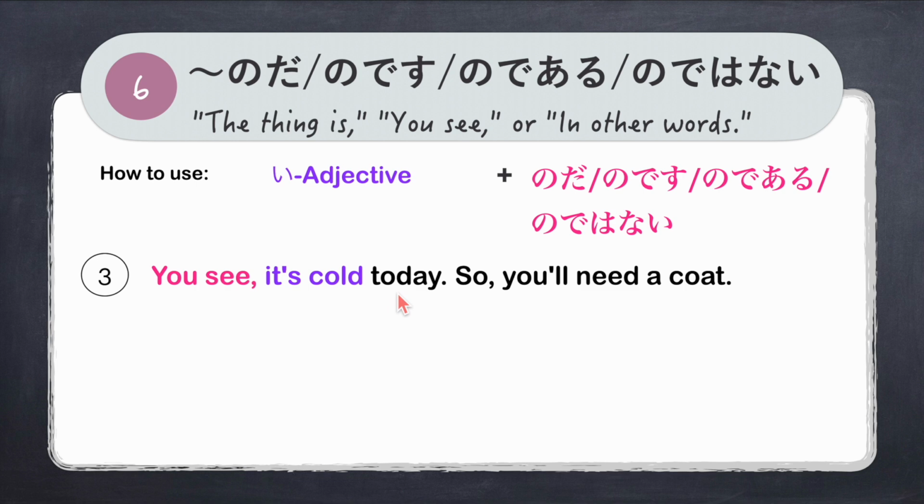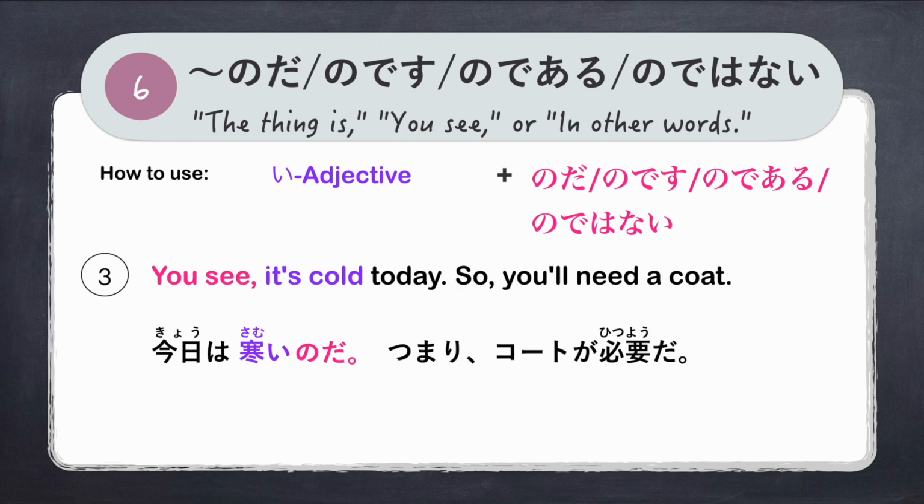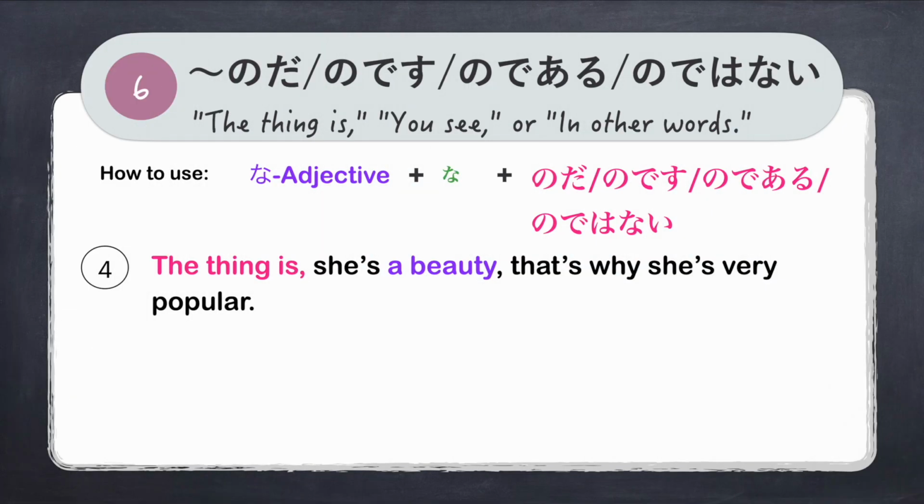Another example is using an i-adjective. You see, it's cold today, so you'll need a coat. We say, 今日は, our i-adjective is cold or 寒い. We just add のだ。今日は寒いのだ。You see, it's cold today. つまり、コートが必要だ。